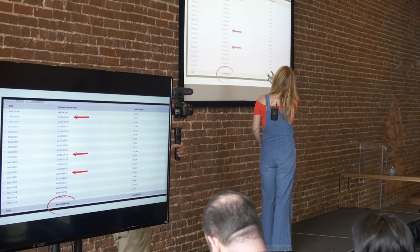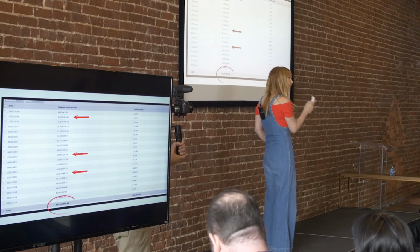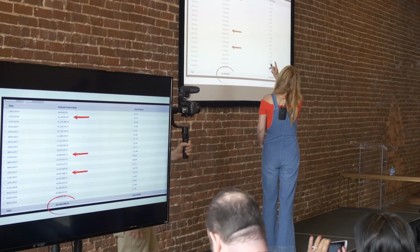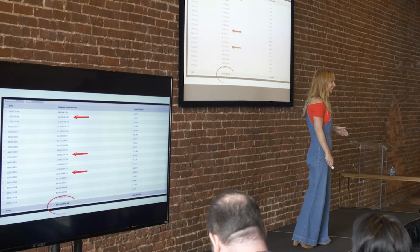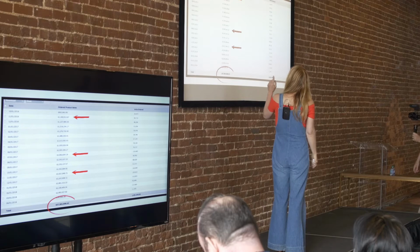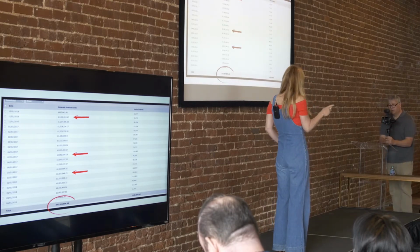You'll see that when I launched the campaigns, everywhere there's a red arrow, those were new initiatives or new strategies or new scale strategies to drive volume. The campaigns weren't doing any real Amazon advertising. They had a lot of stuff with capped budgets and 10-cent bids, but that's not advertising. They weren't doing anything at scale. And when I went in and started scaling, it was in November, and you could see it takes about